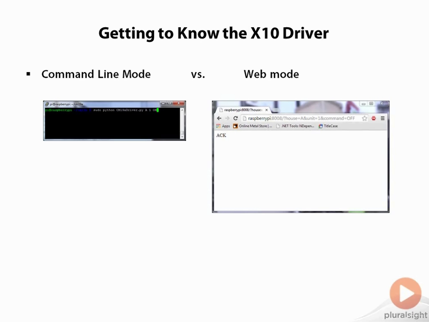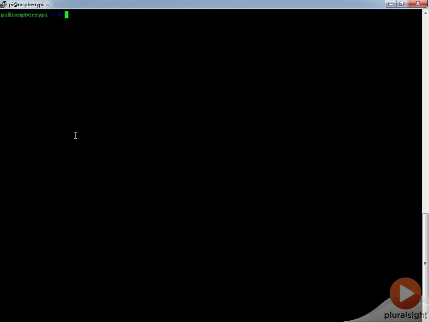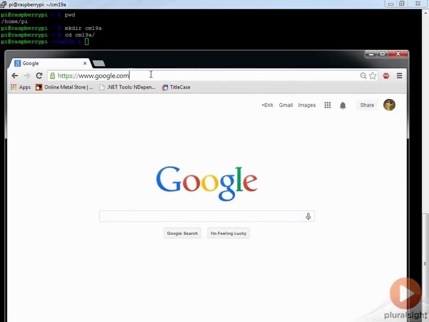The aim in this course is to build a RESTful endpoint, however, so we're going to be building on what he did and using his driver in a third way, as a library to include. So first up, I'm going to show you command line mode for how to turn on and off a light. I'm going to make a directory here called CM19A, just so everything is associated with some clean place, and then